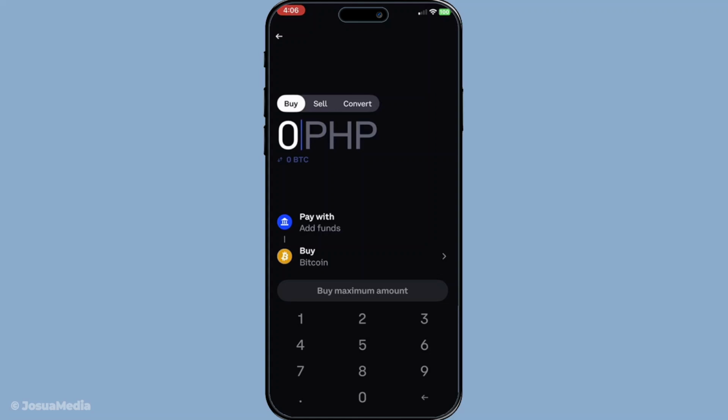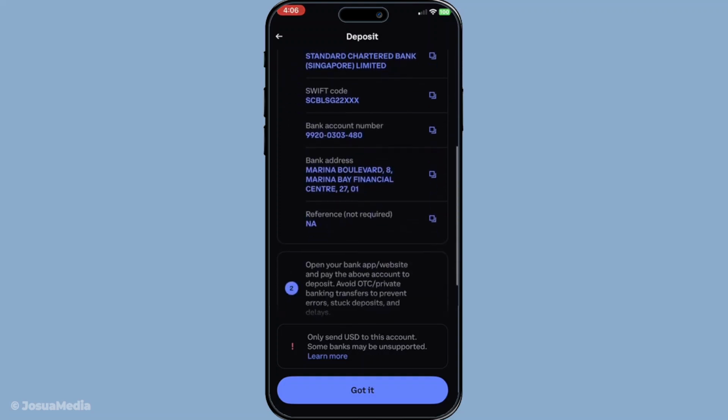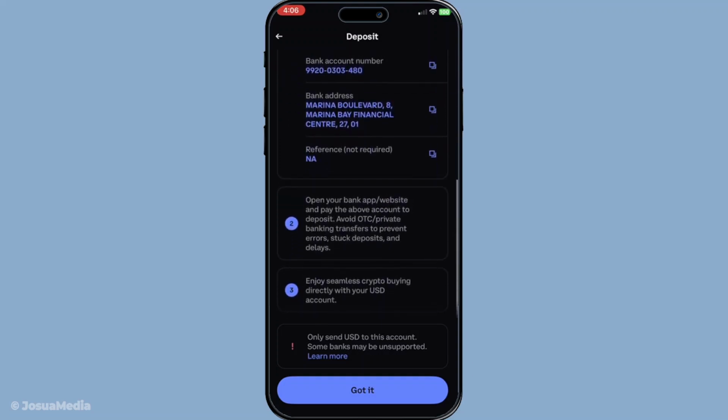After entering your deposit amount, it's important to choose your payment method. Coinbase usually offers a variety of payment options, such as linking your bank account, using a credit or debit card, and sometimes even PayPal. Choose the method you're most comfortable with and that you feel will process the transaction efficiently